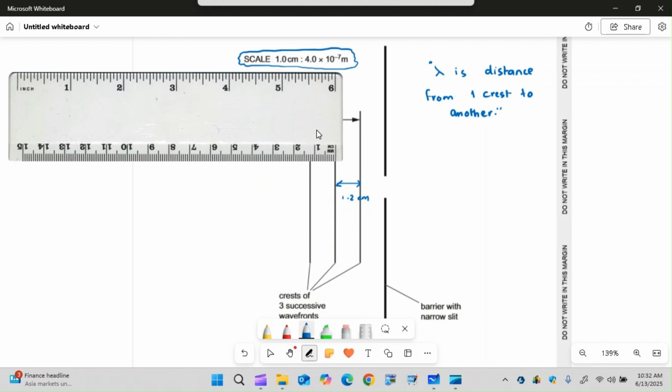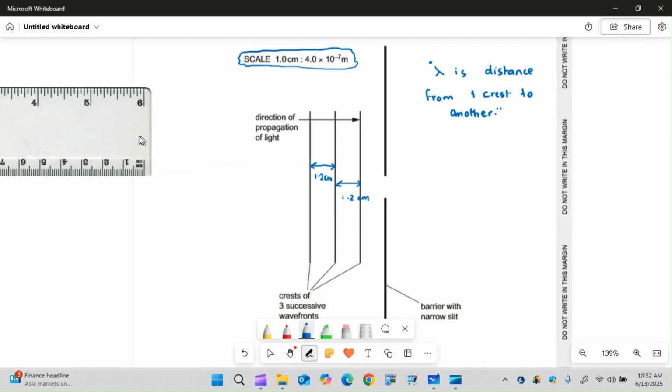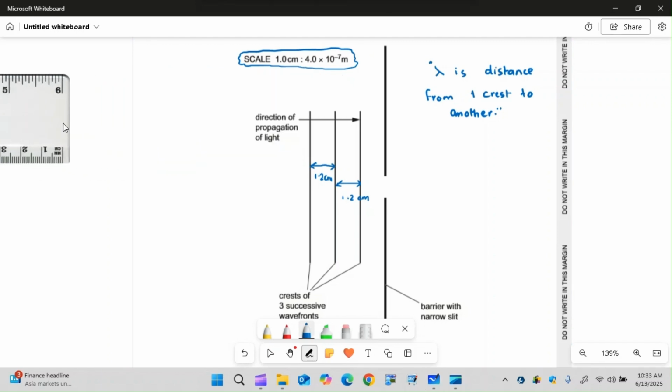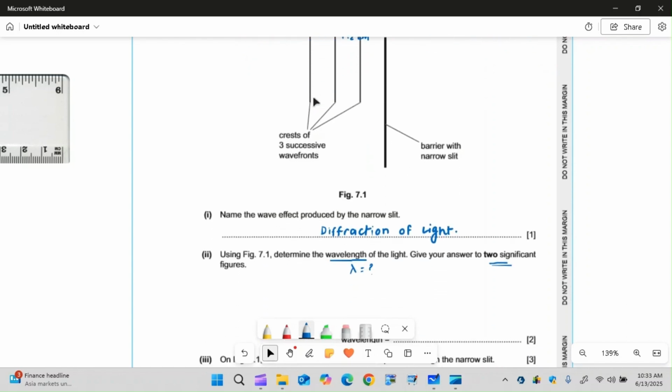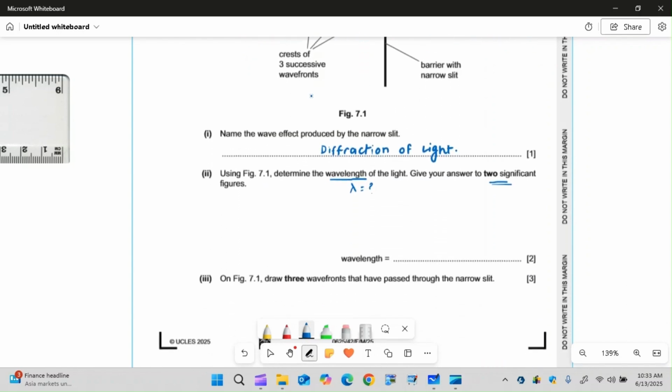Here I can just simply say that this distance from first wavefront crest to another is also 1.2 centimeter. Okay, now we are sure that the distance between crest to crest in centimeter is 1.2, whereas scale is 1 centimeter as this. So here I am going to talk about that wavelength is equal to 1.2